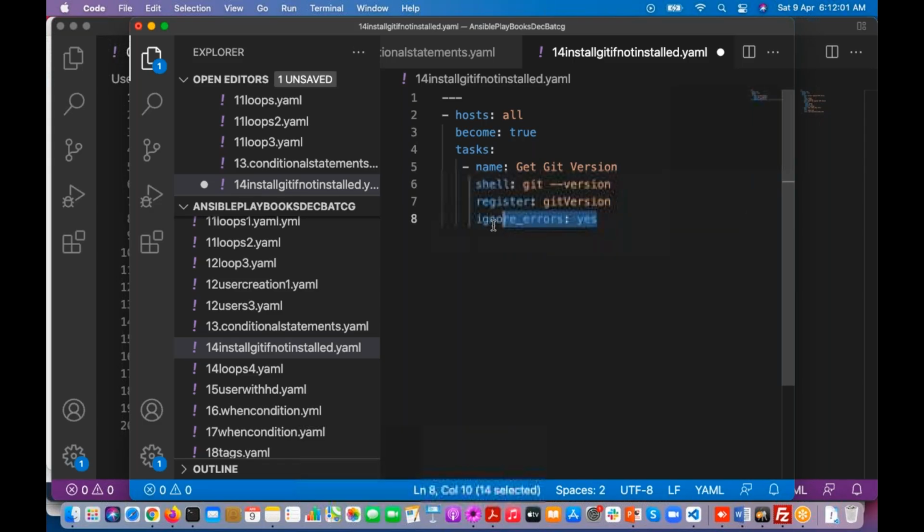So that's why I'm saying to ignore errors. Yes, I'm going to write another task. The task name is display the git. If git is installed, I need to display that one. Display git version. When we need to display that git version, when